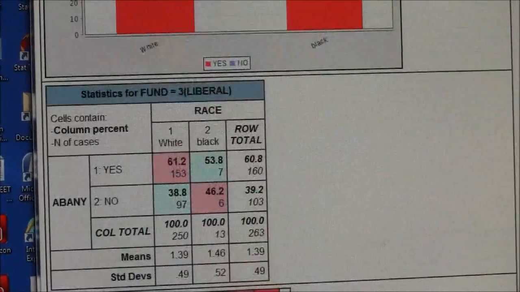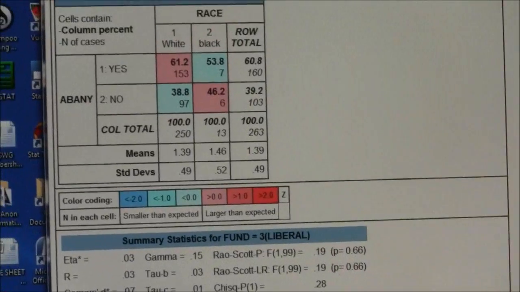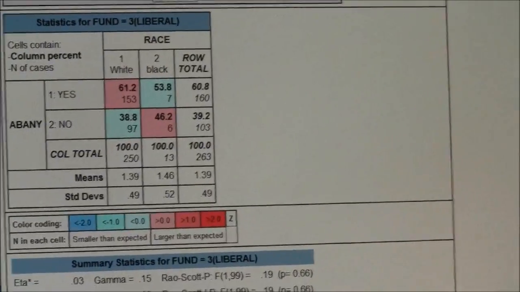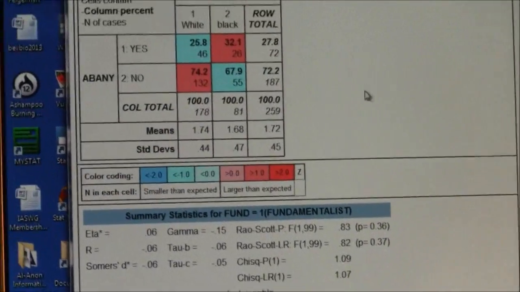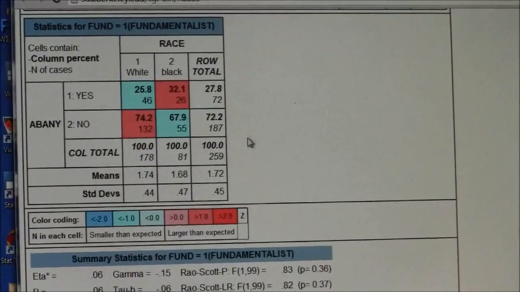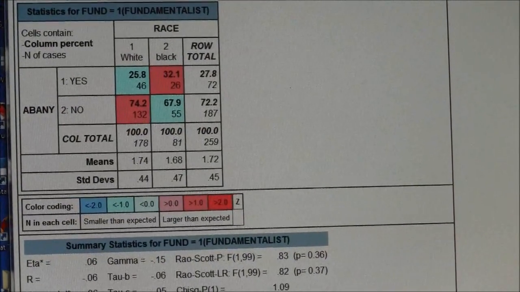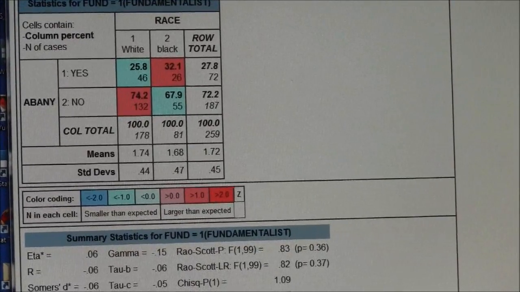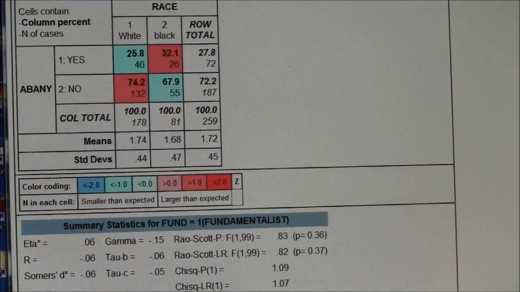So we're not seeing anything by the colors for liberals, for moderates, or for fundamentalists when we compare and contrast them on these three different tables, putting race together with religious fundamentalism in